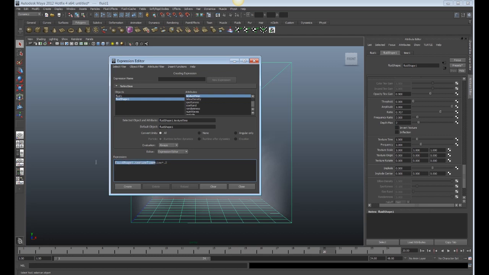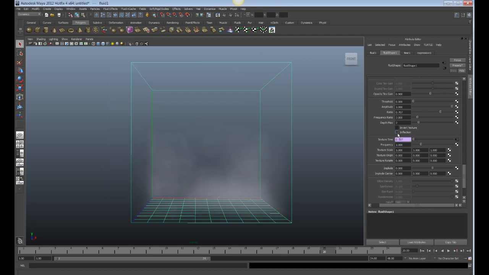So there's a couple ways of doing this. I generally like typing out the full attribute. So fluid shape is the node, and the attribute is texture time, and we're applying an equal to this, and the value is going to be time. So we're going to multiply whatever value by 0.2 in this case, and we can modify this as we go along. So I'm going to hit create on this,